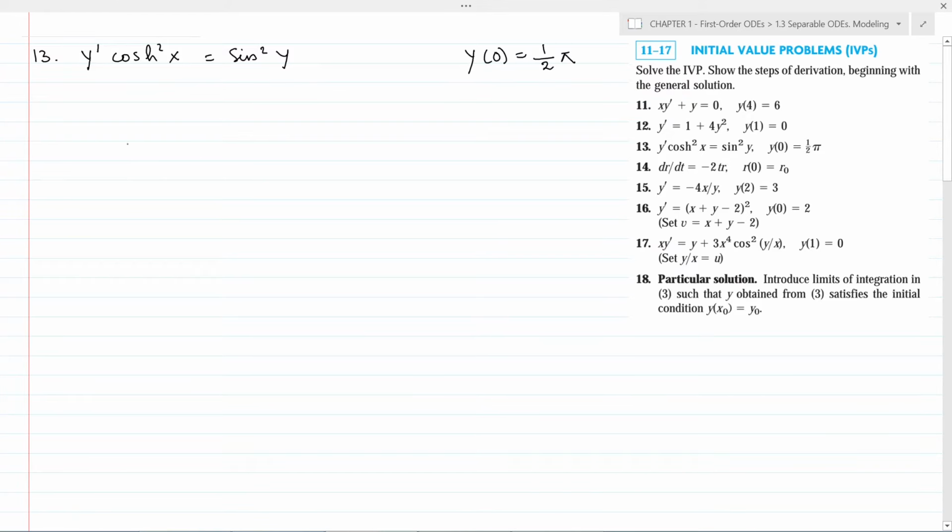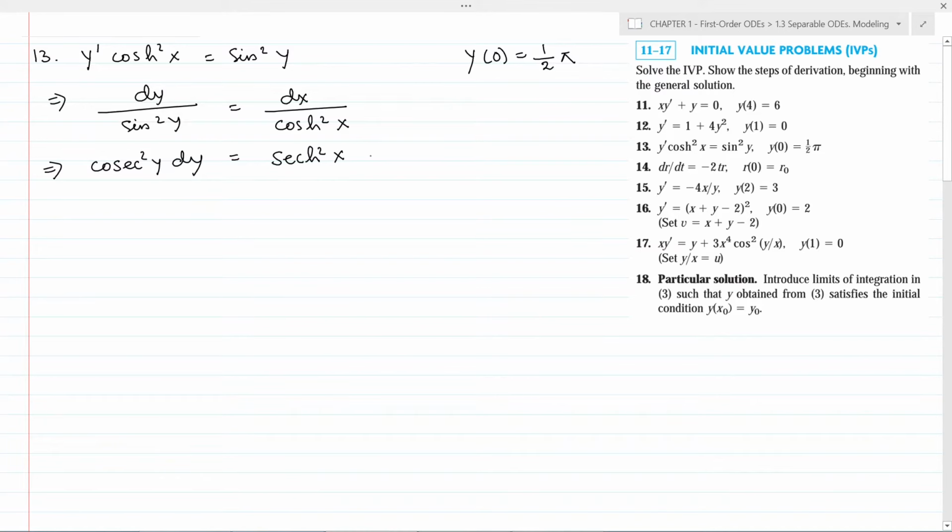First we have to take all the y terms to the left side and all the x terms to the right side, and we can write this as dy divided by sin square y is equal to dx divided by cos hyperbolic square x. We can write this as cosec square y dy is equal to sec hyperbolic square x dx. We can integrate both sides,